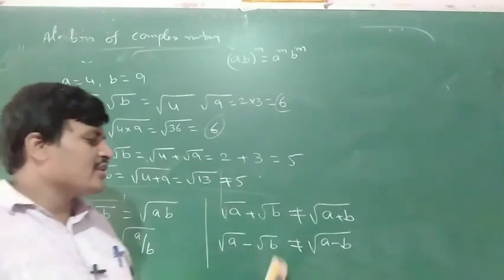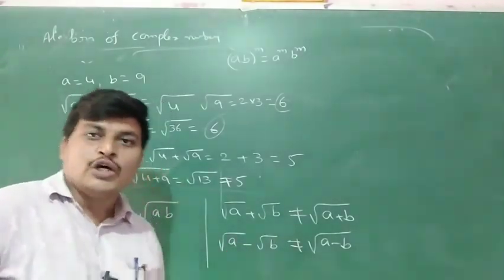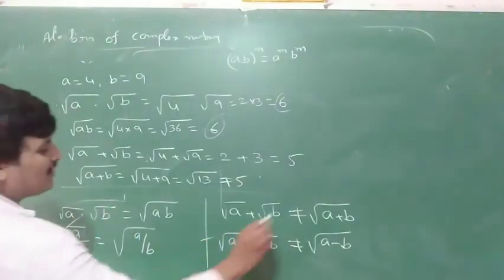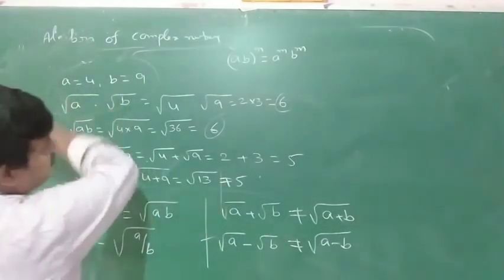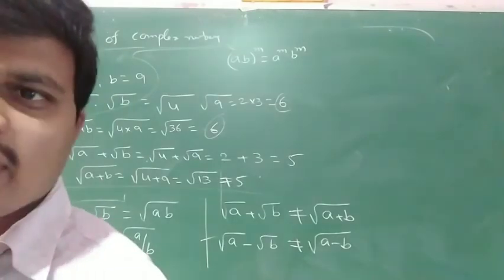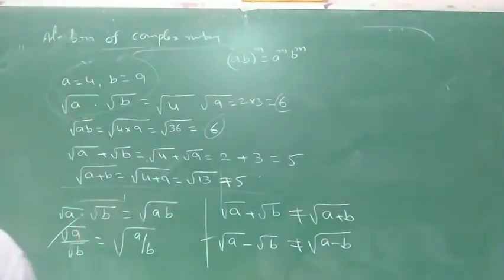Root a minus root b is not equal to root of a minus b. Root a into root b is equal to root of a into b. Root a by root b is equal to root of a by b. Apply the same examples, we can try. Okay, this is the fundamental result. Okay, next,